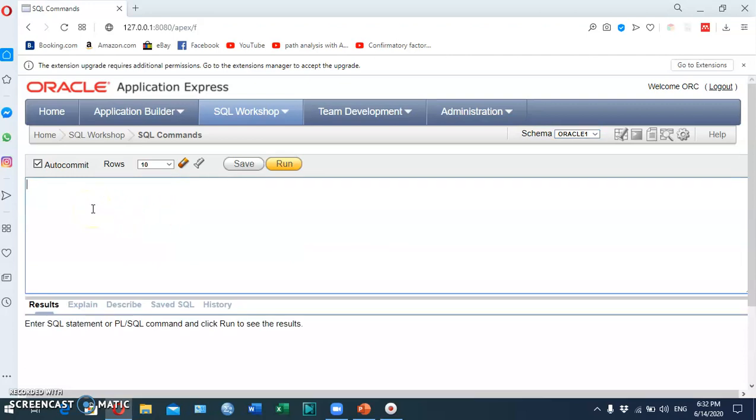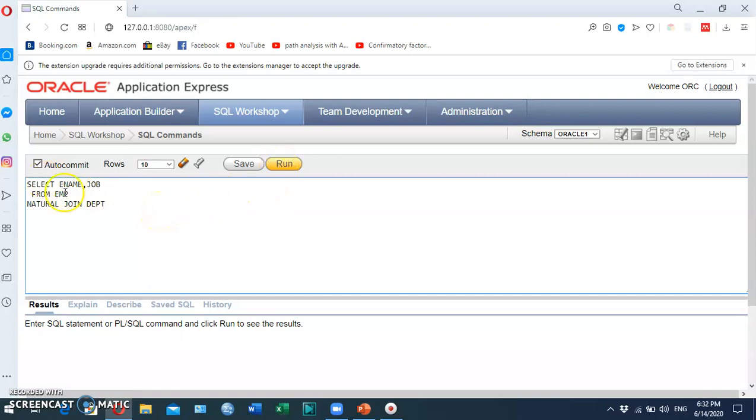Then write a query: select ename, job from employee and apply natural join on the department table. So data will be retrieved based on natural join.